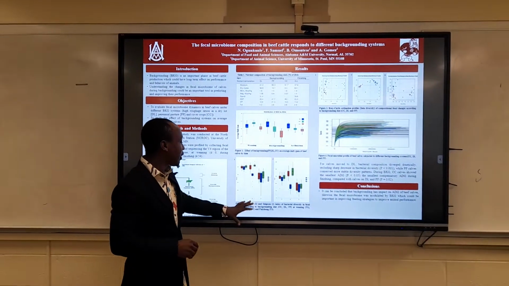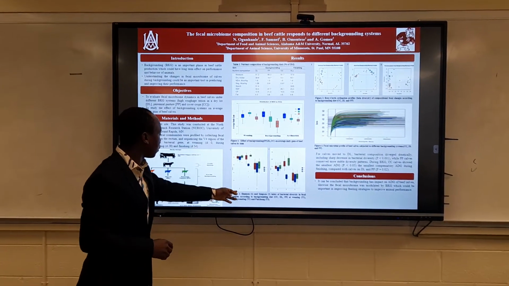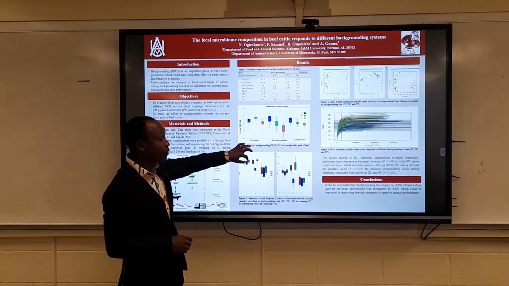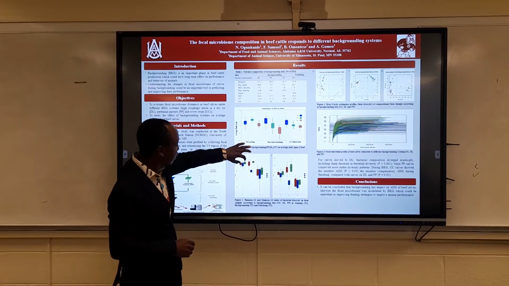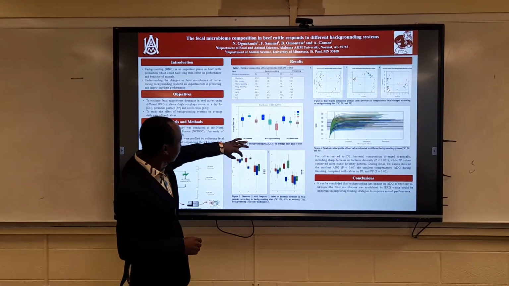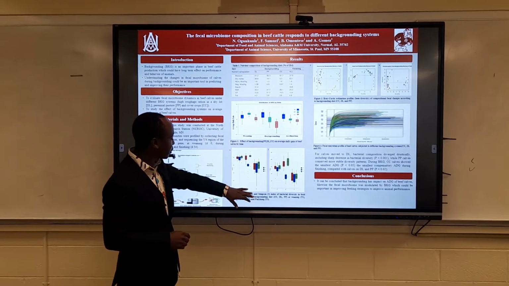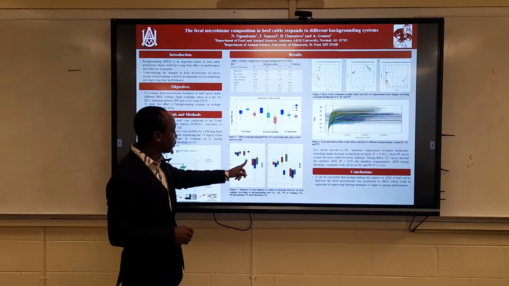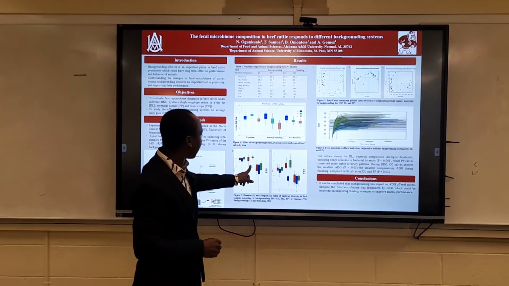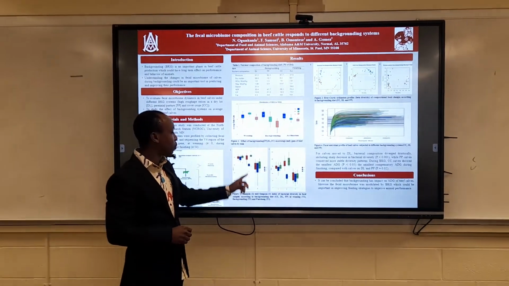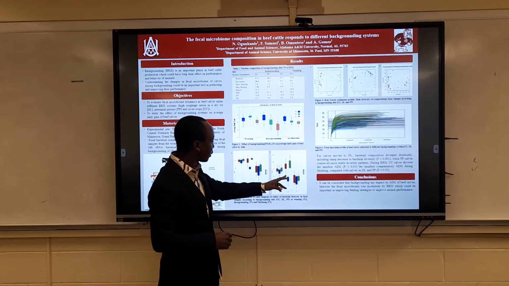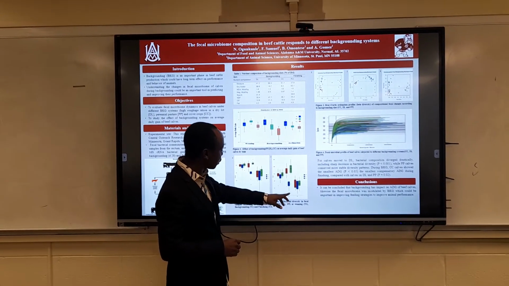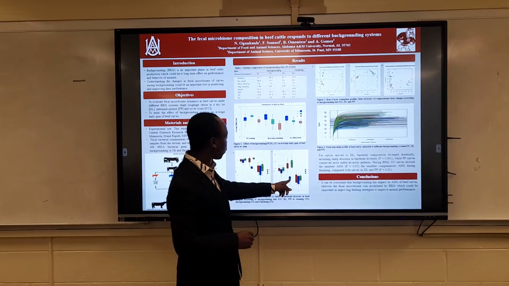And if you look at the alpha diversity, at weaning, there was no significant difference in microbial population, but at backgrounding, there was significant difference with dry lots having the least microbial population. Also, with this Simpson index, you can see that at backgrounding, which is timeline 2, dry lots has the least